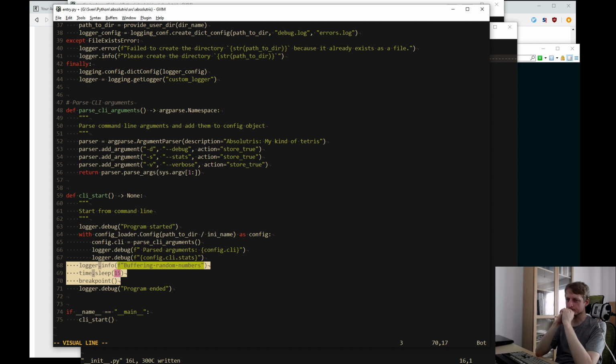Maybe I shall create a playfield then. Should I create a playfield as a separate module or not? I think I should. Because what will the playfield be composed of?